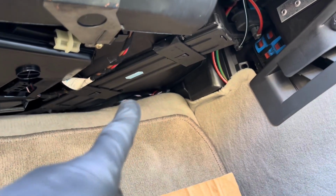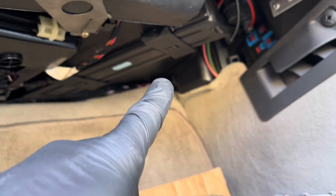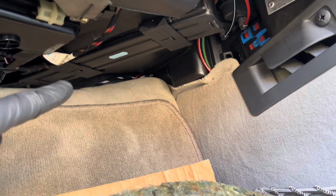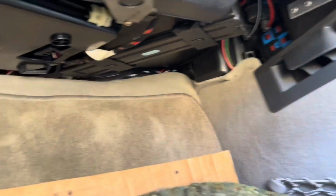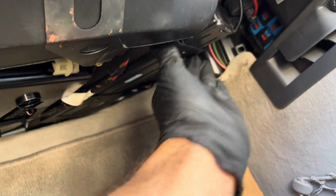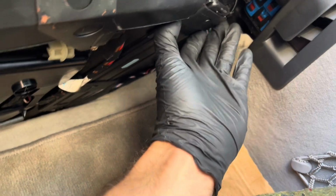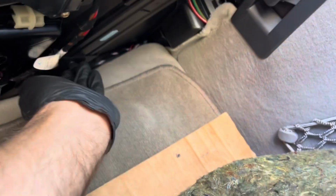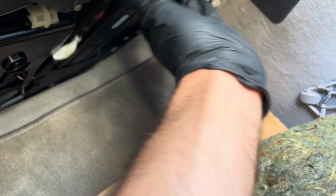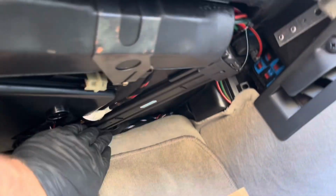And what you're looking for is this box just here. There's 2 tabs, so I'll wait for the camera to focus. There's a tab here and a tab here, and we'll need to basically loosen these tabs, so this one slides this way and this tab slides the other way, as in this way towards the front of the car,